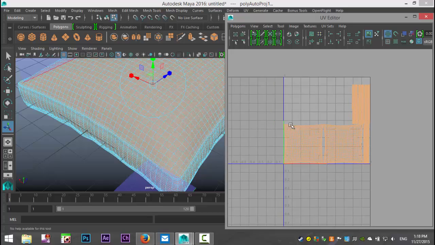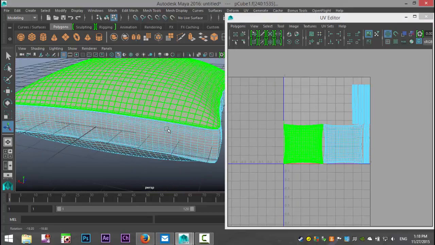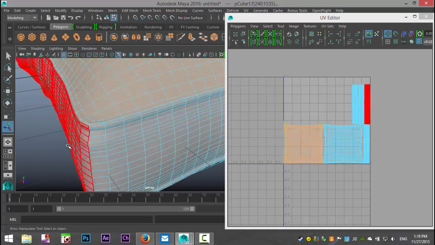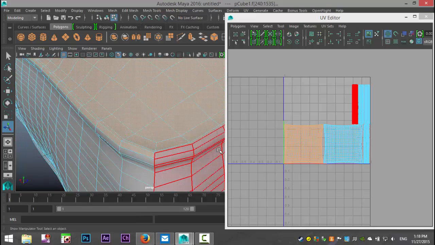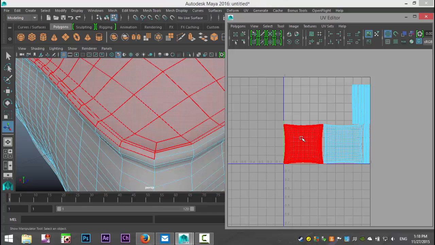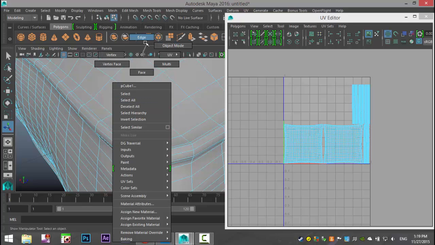Okay. I'm going to right click and go to shell. And this has the entire top and just a little piece of the piping. And I don't really want that. As you can see here, when I select that, you have this edge going on there, and I don't want that. So I'm going to right click, go to edge,